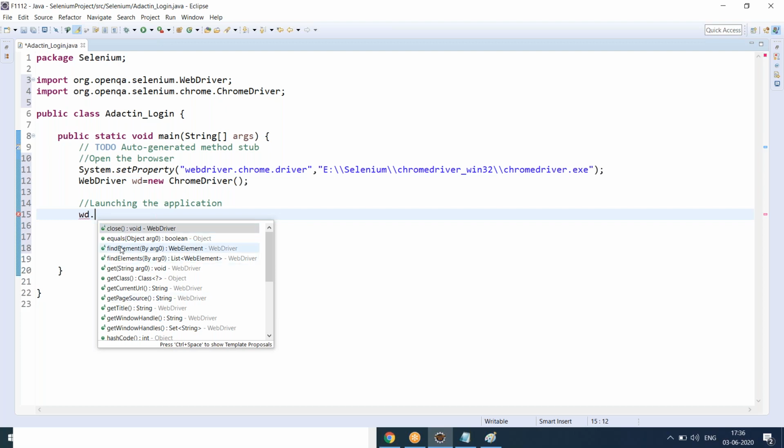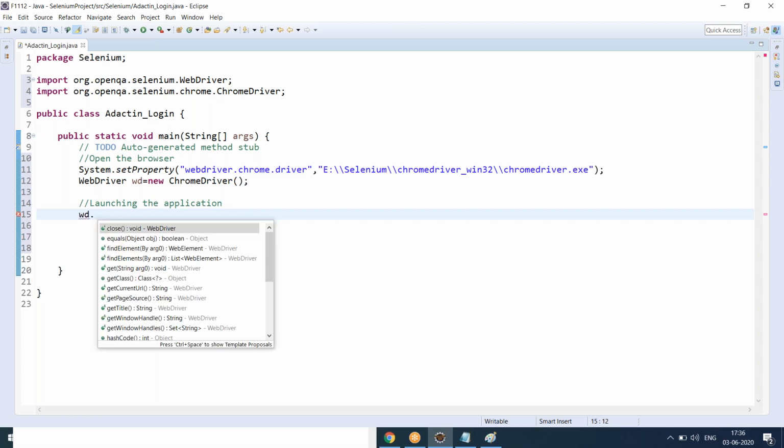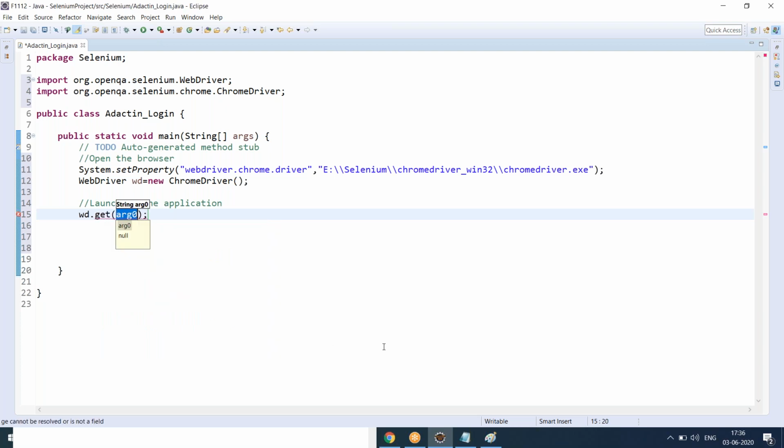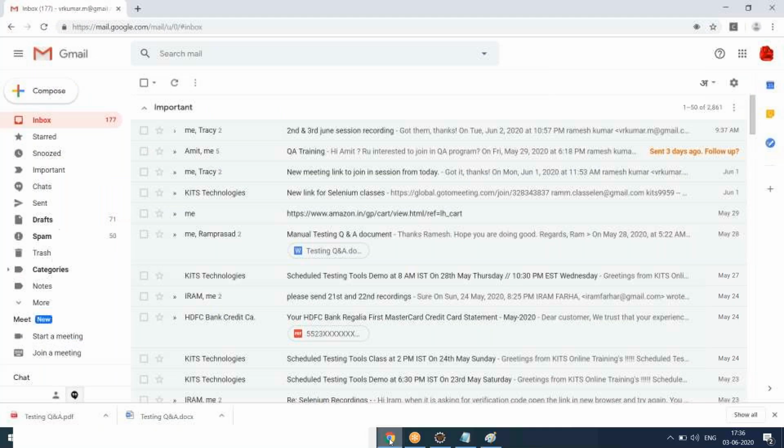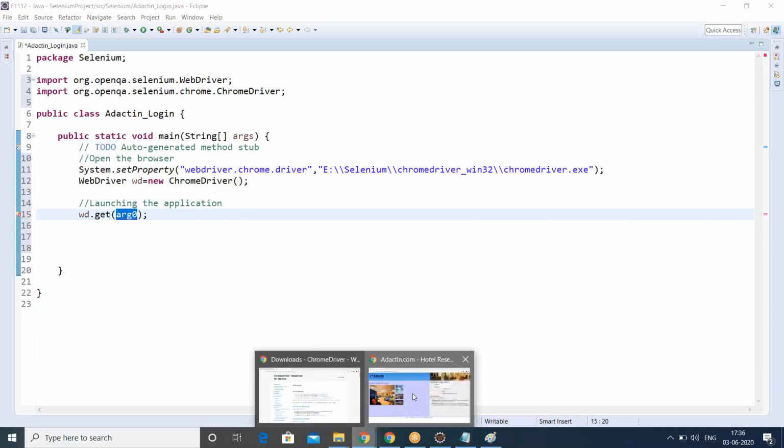Now WD dot find element. Actually, remember, this is the get method. If you want to launch the web application, there is a predefined method, the get method. WD dot get, and copy the application URL here.